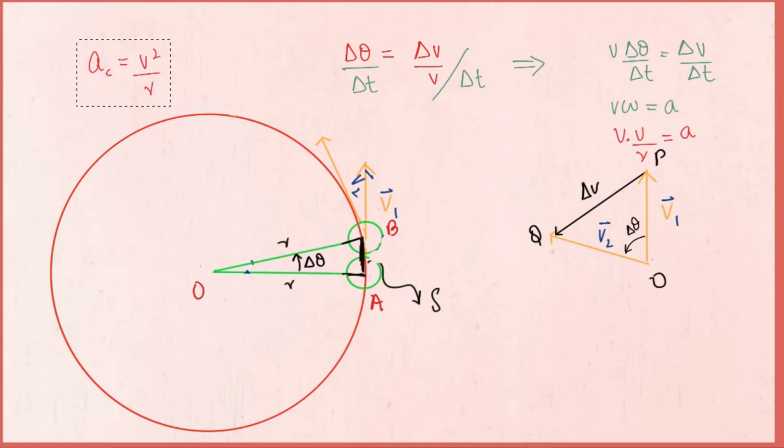And here we have it. The magnitude of centripetal acceleration is directly proportional to the square of the speed and inversely proportional to the radius of the circle. Note that this equation only gives us the magnitude of centripetal acceleration, and the direction we already know, that is towards the center of the circle along the radius, that is radially inward. There are some more methods to derive this value. More on those methods in our coming videos.